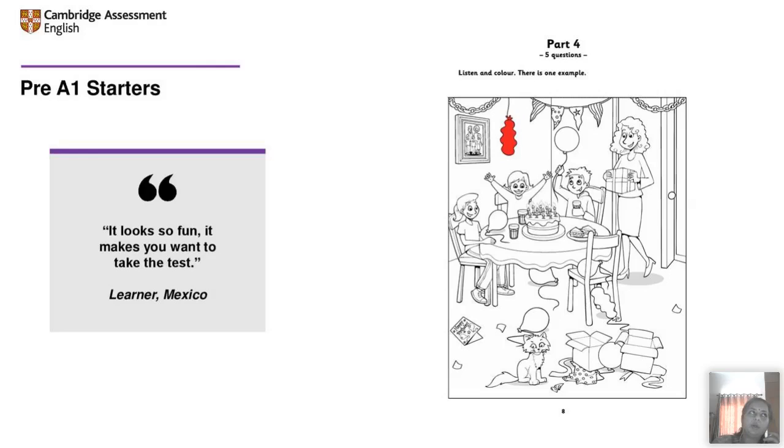So what is also being worked over here is the listening skill, understanding, and expression of what I understood. So it's almost like an activity. You would have seen a lot of coloring books, but coloring books are very much on my own I color. But here you are listening to something, so you're basically using 2-3 of your senses. You're listening, you're seeing something, you're understanding, and then you are doing. So although there is so much cognition behind this activity, the activity itself is a very, very fun activity. It makes you want to take the test.